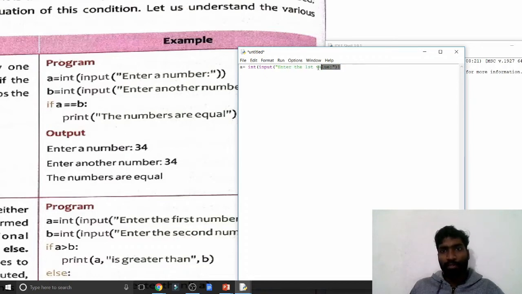I am just copying all of this, because it is easier for us on the next line.